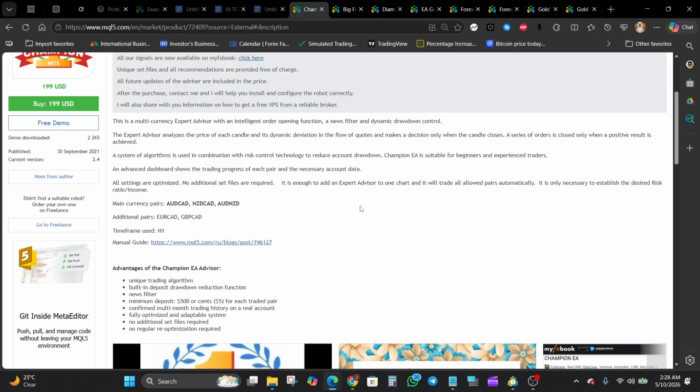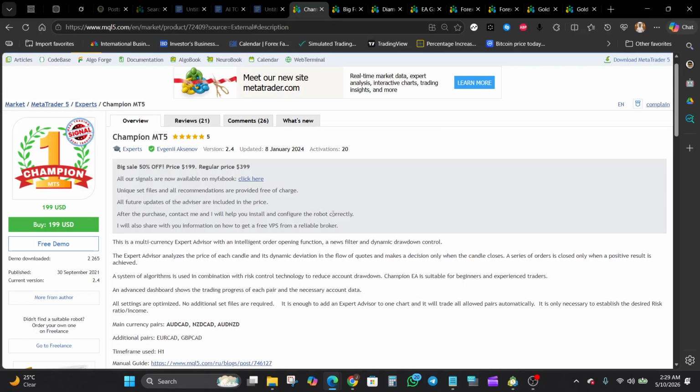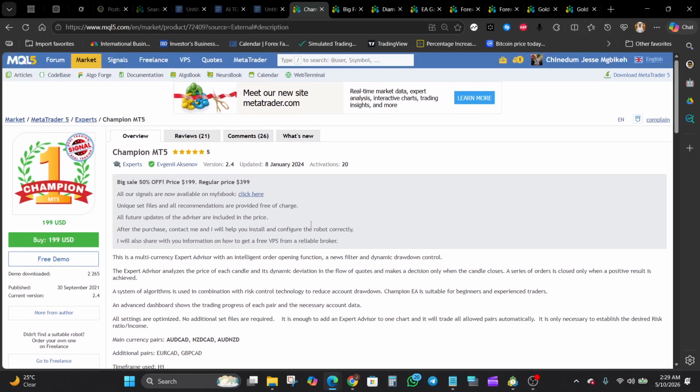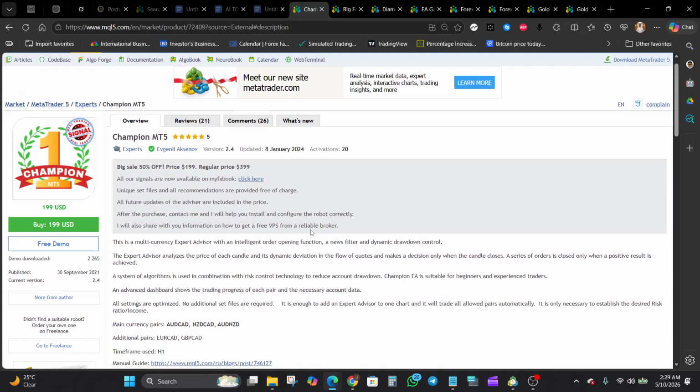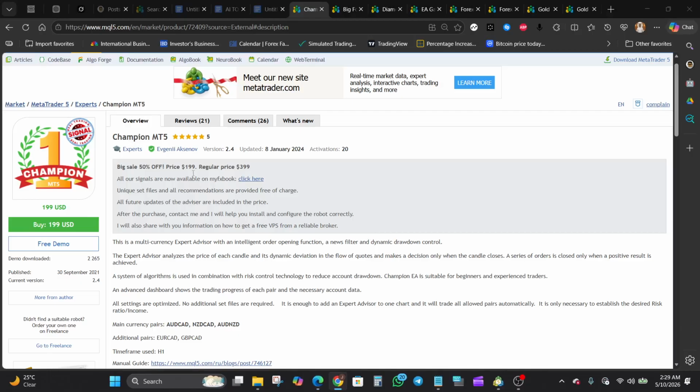Now, moving into the features section, Champion EA appears to combine several layers of logic together rather than relying on a single entry mode. From the way the system behaves during testing, which we are going to be doing right now, you will see that there is probably a structured recovery mechanism integrated with dynamic risk control. Anyways, let's head over to the strategy tester right now so that we can see how this EA actually